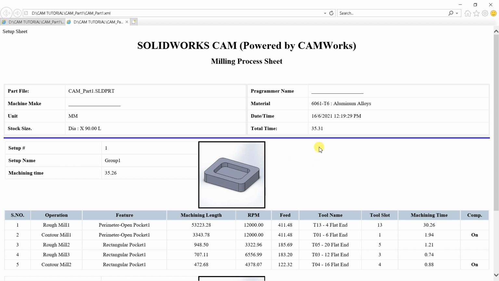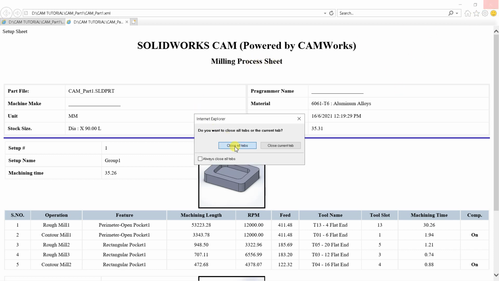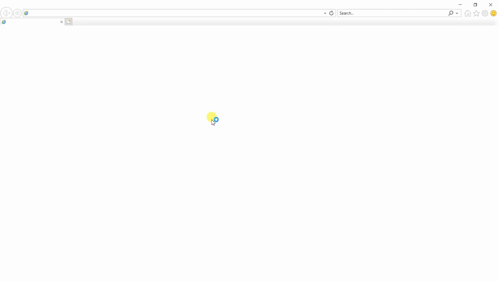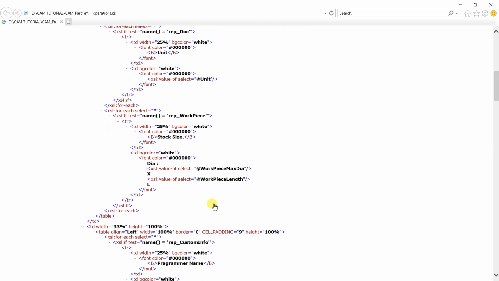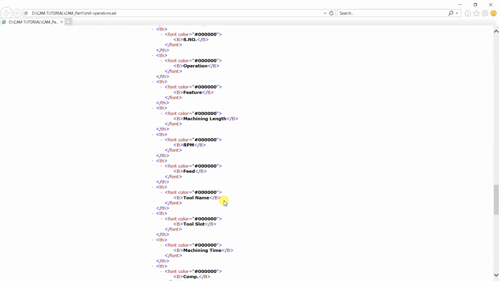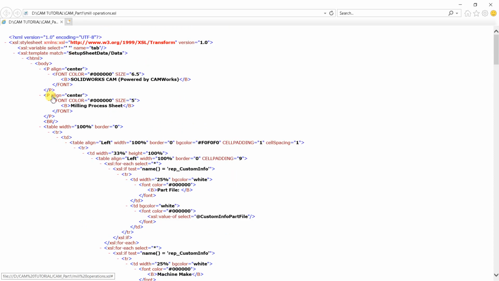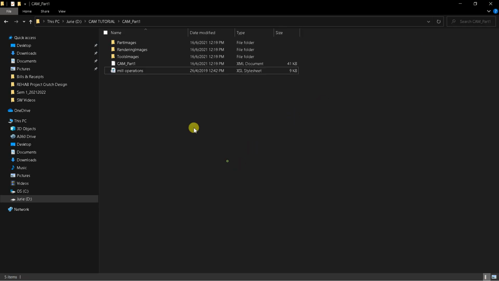Okay, guys. So again, I would like to inform you here that this is known as the milling process sheet. Okay, so I'm going to close this, and this is mill operations. This is actually the operation. There's nothing much to do because this only involves the programming, right? So